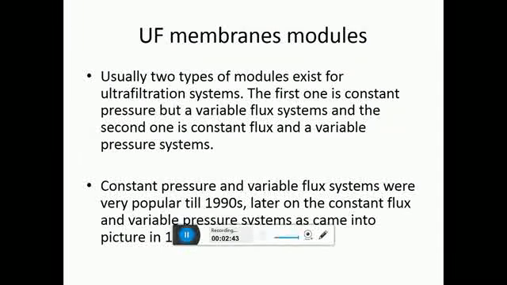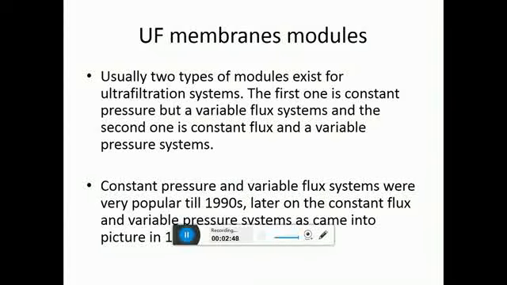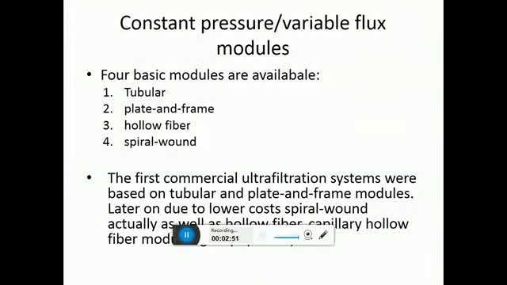And next important are the UF membrane modules. I guess we have already studied 4 types of modules in the class. So this is the same. In ultrafiltration, these 4 modules are also included. Ultrafiltration membranes can be tubular, plate and frame, hollow fiber, or spiral. So the modules you have already studied are equally applicable for ultrafiltration. This is already done in the class, or in the Kaushiknath book, so you can read from the slide or from the book. So this is very simple.